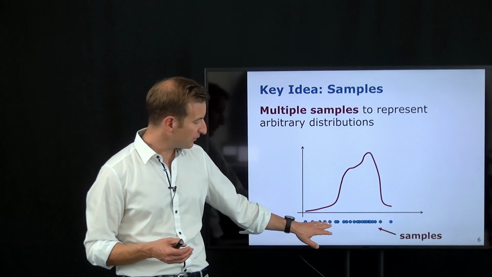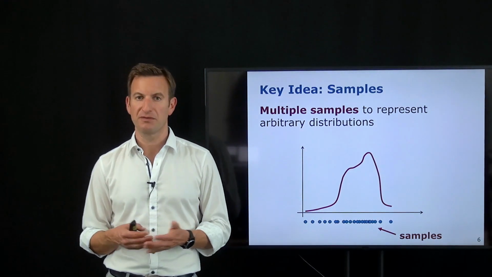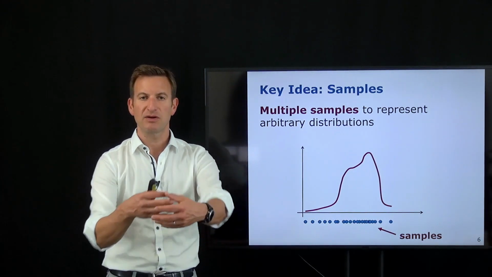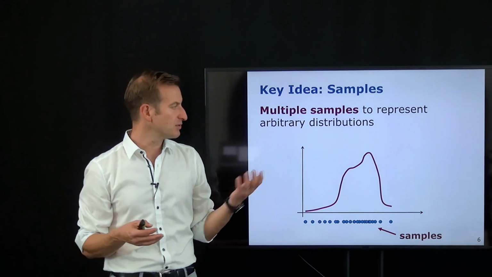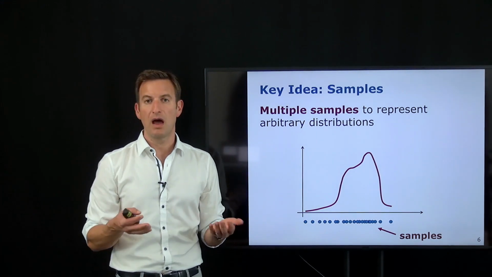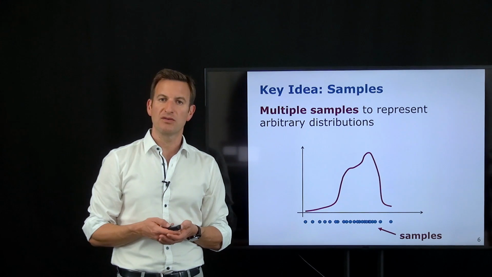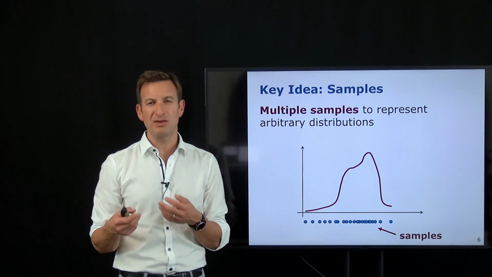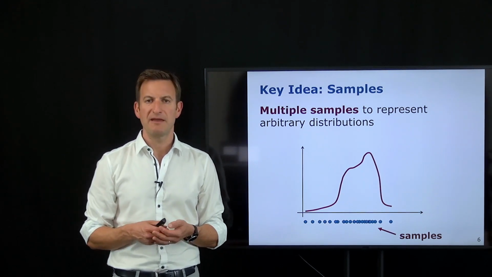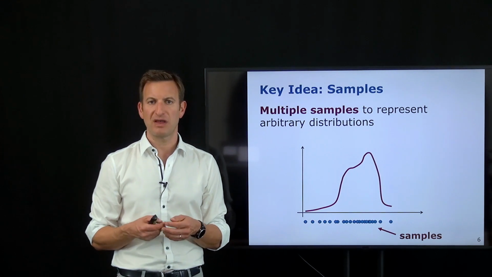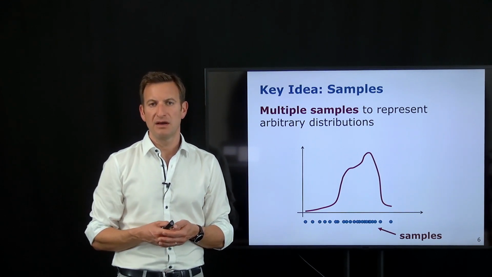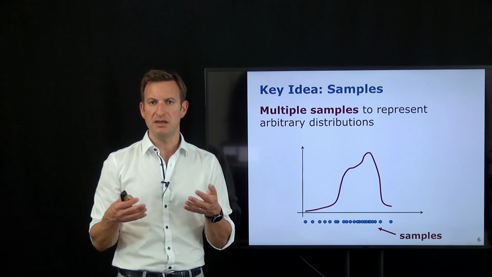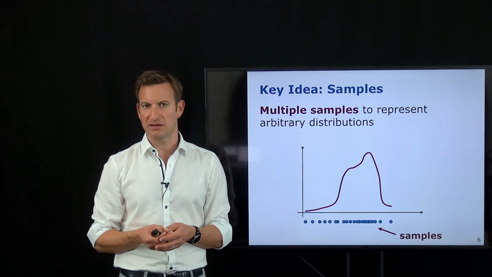In an area where the values are low, we have a smaller number of samples represented. So that's already the idea of representing a function or a PDF using samples. We can go a step further and say maybe we can reduce the number of samples that we need if we weight our samples. So every sample has a weight associated with it, and the larger the weight, the more probability mass is located in that region.